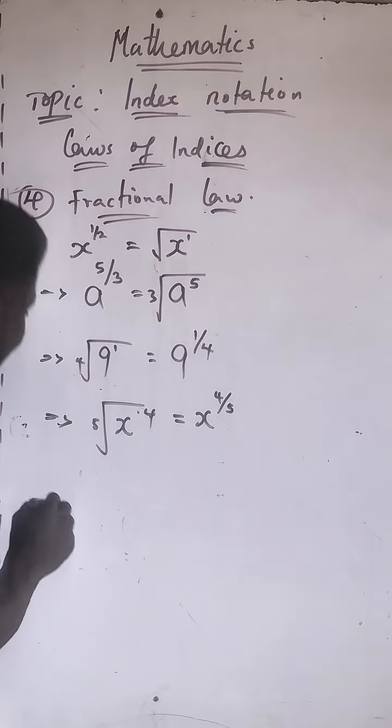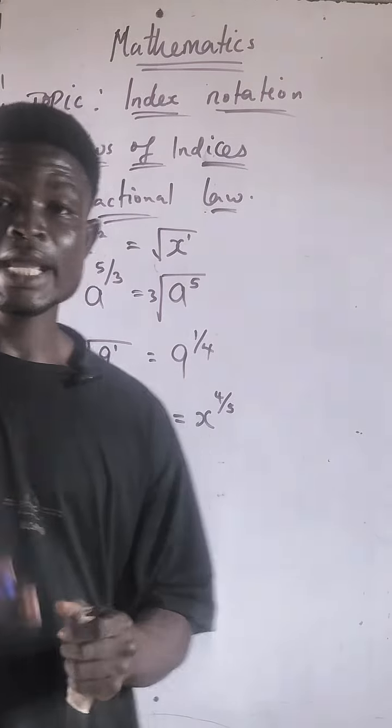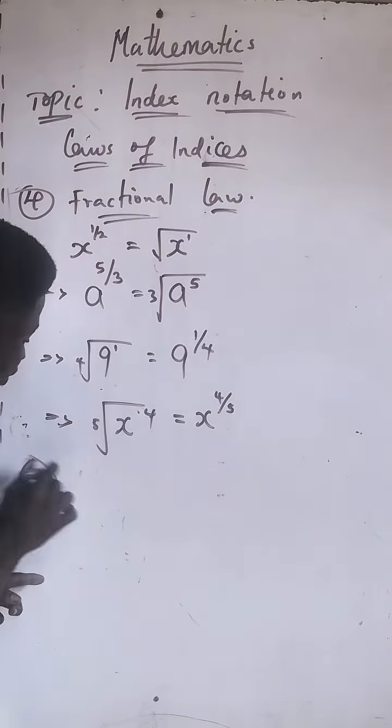Exactly. Okay, let's take number 5. Number 5, I'll call it what? A negative index. The negative index. Look at it now. Negative